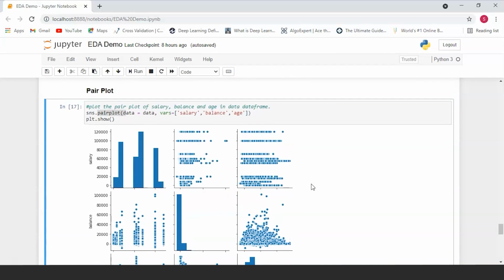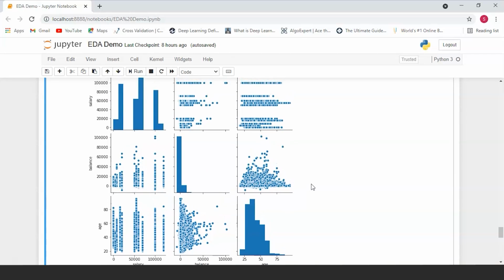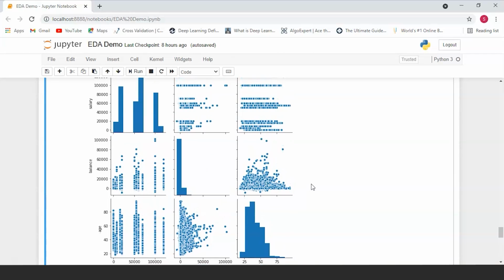Now, these are all scatter plots only, but the difference is that we have more of them and all of them are next to each other, and we can compare more scatter plots like this. It becomes easier. Also, another thing that you can see is that all of them have the same scale, so it becomes easier for us to measure the data distribution.